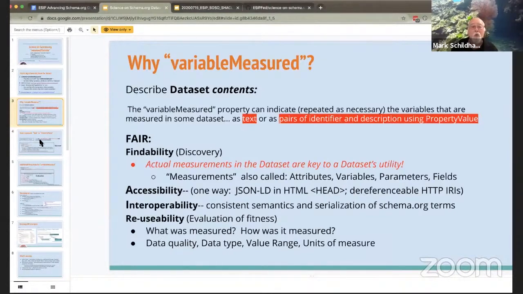And finally, reusability: you're going to see that variableMeasured is where we can actually explicate what was measured, how it was measured, and other considerations like data quality, type, units of measurement, etc. So with that, I'm going to hand it over to Steve on slide 4.